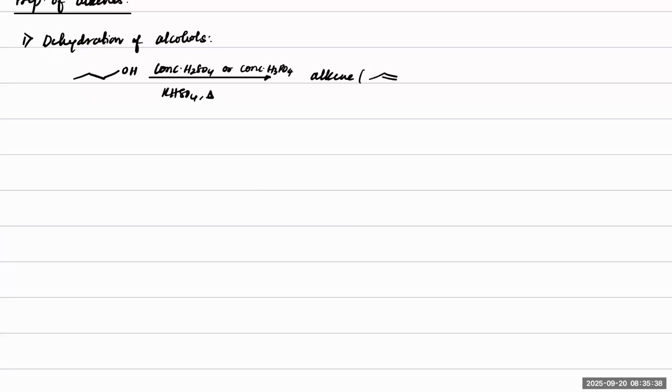But how does the typical mechanism take place? See, first will be the protonation step. So this is the first intermediate forming. And after protonation, you'll have carbocation formation, and carbocation formation is always the rate determining step. So from here, the next step is rearrangement. After rearrangement, on heating, it will undergo alkene formation. So the important steps being